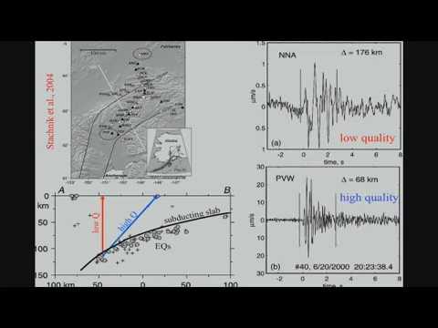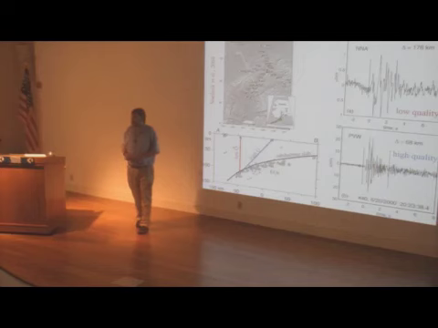This has been known for a long time from Japan, but it was a nice illustration from this paper, where from one earthquake that's being recorded essentially right above where the earthquake was, and one that was much further inland towards or much further towards the trench. This red curve is the seismic response that was seen at this particular station. This is the response that was seen at this station,